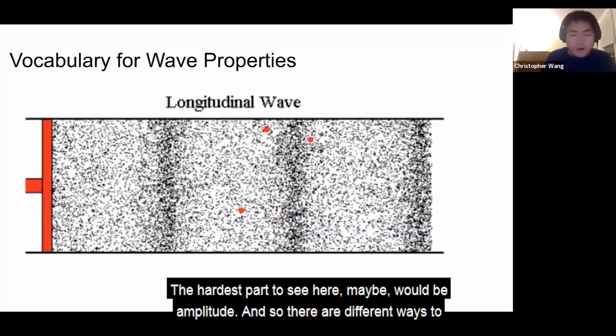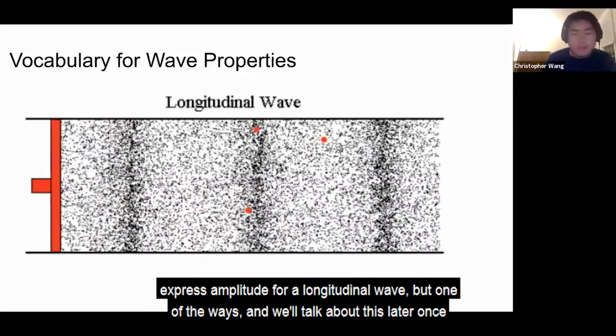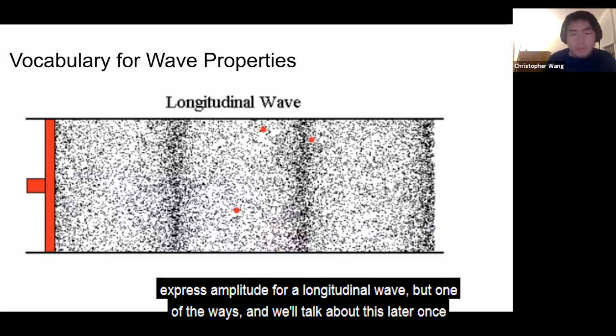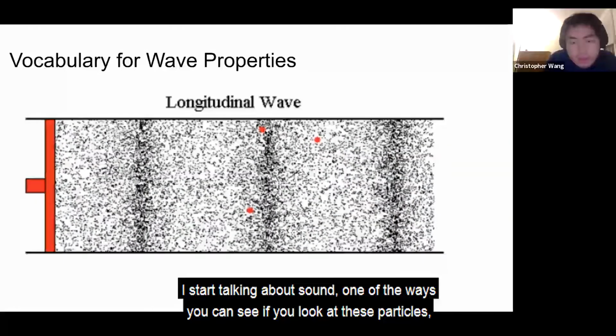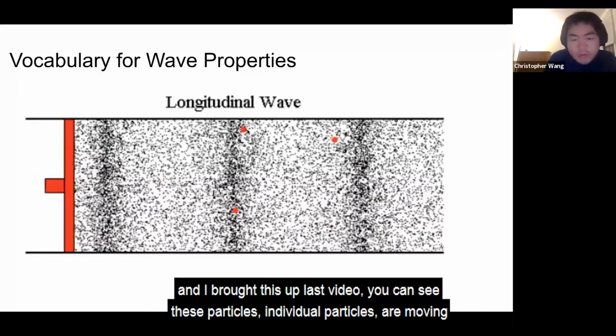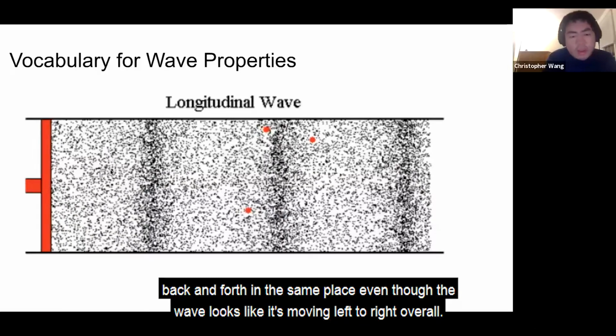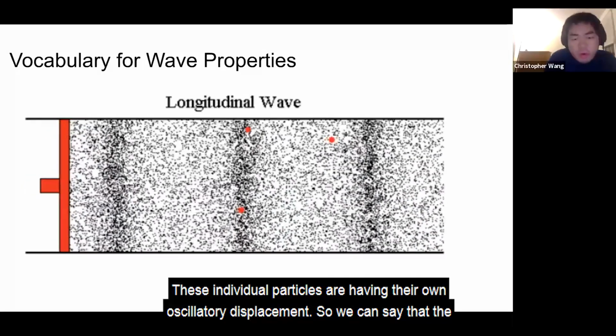The hardest part to see here maybe would be amplitude. There are different ways to express amplitude for a longitudinal wave, and we'll talk about this later once I start talking about sound. One of the ways is, if you look at these particles, and I brought this up last video, you can see that these individual particles are moving back and forth in the same place. Even though the wave looks like it's moving left to right overall, these individual particles are having their own oscillatory